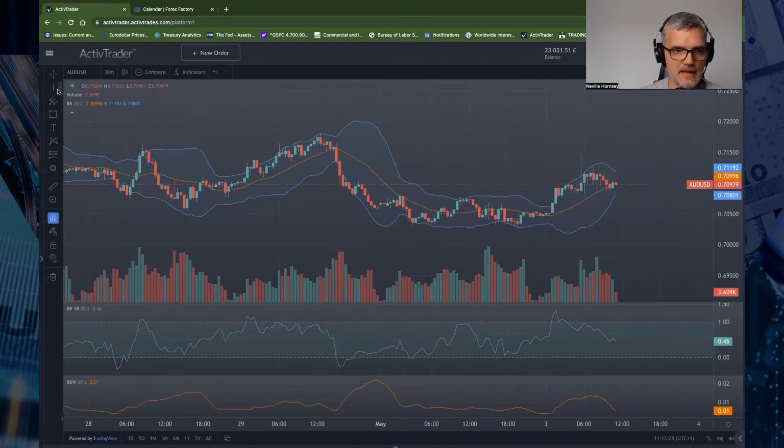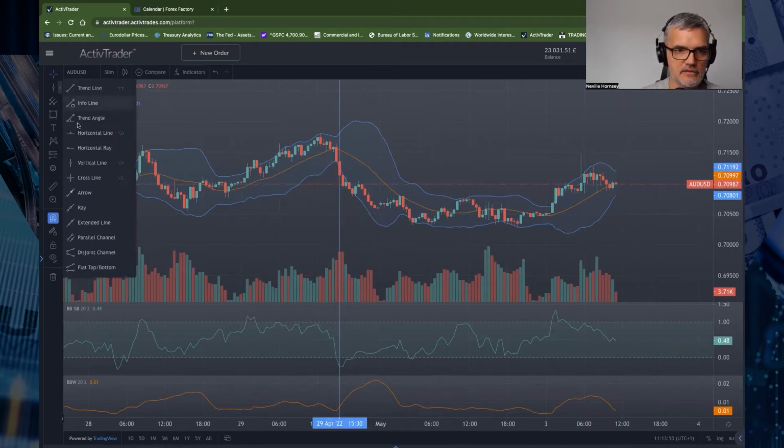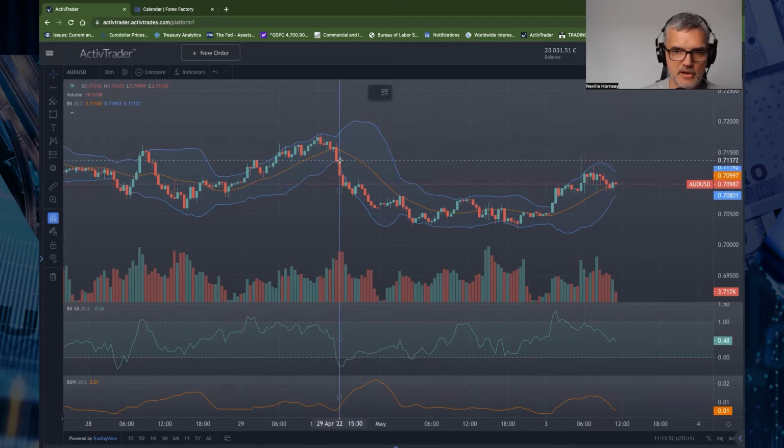If we look to this candle here, 29th of April 2022, 3:30, so that's after the first hour of trading in the US session, the Australian dollar weakened, most probably because of what was happening with the US dollar. So there would have been a lot of stops above this red candle. And if we look to the right, today's price action is what cleared those stops, and they used the RBA